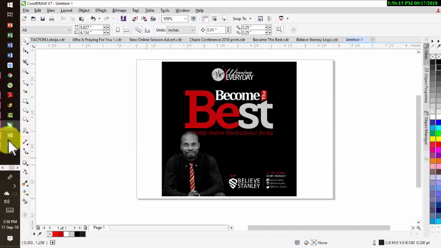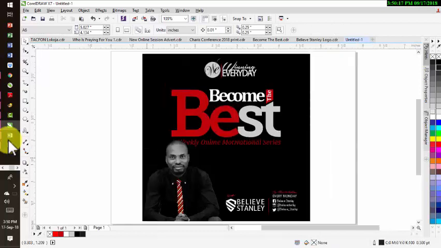So this is what we have, creating simple design. We use our shape tool, the freehand tool to trace our type, importing the image. In a subsequent video, I'm going to show us how to crop image both using your shape tool and your freehand tool, so that some of this design will be easier for you. Then if you cannot crop it, what you can do again,